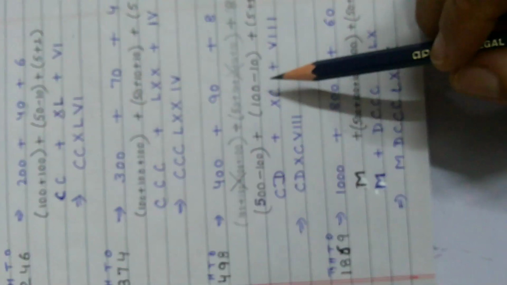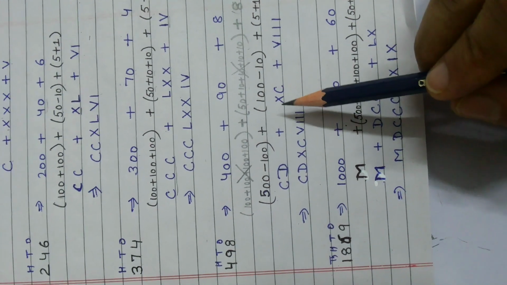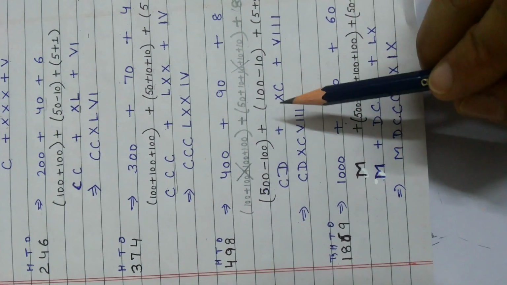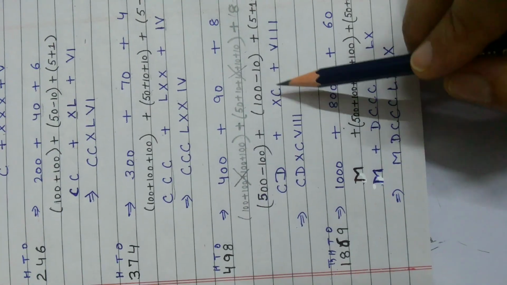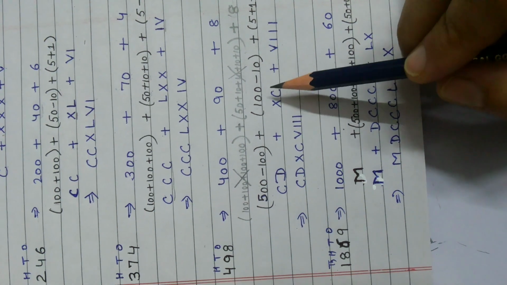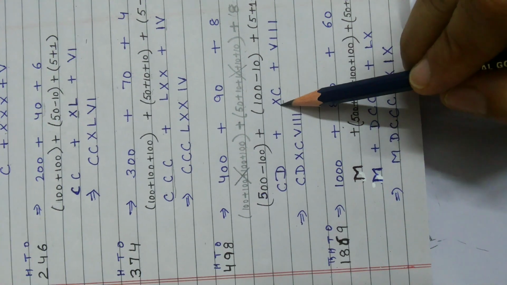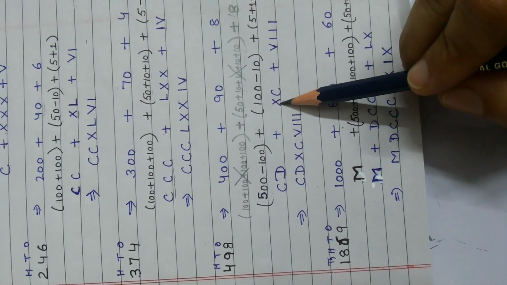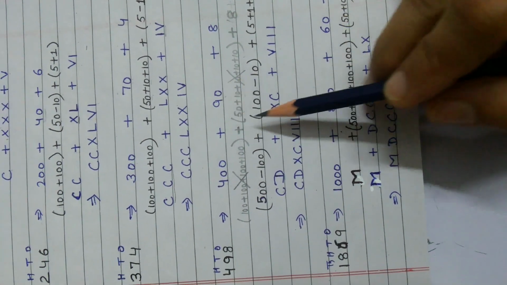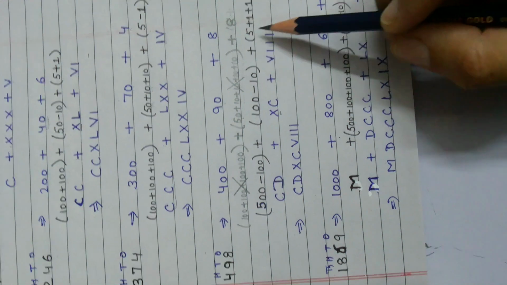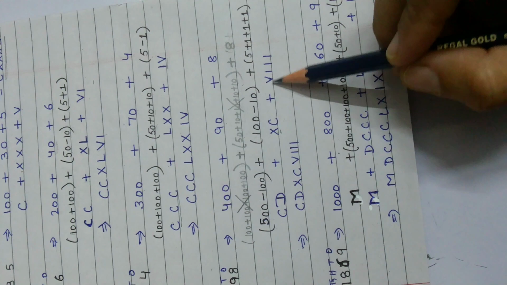I can subtract a symbol only once, right? Remember that. I cannot subtract 2 times. I can only subtract a symbol once. So what is the symbol for 100? C, and the symbol for 10 is X. So if I put X on the left of C, it is 100 minus 10. So 100 minus 10 is 90. So this is also solved. Now 8 is 5 plus 1 plus 1 plus 1. That is V, I.